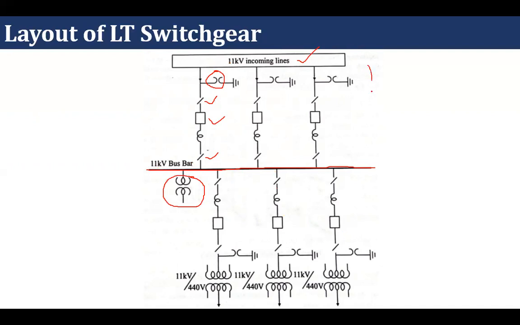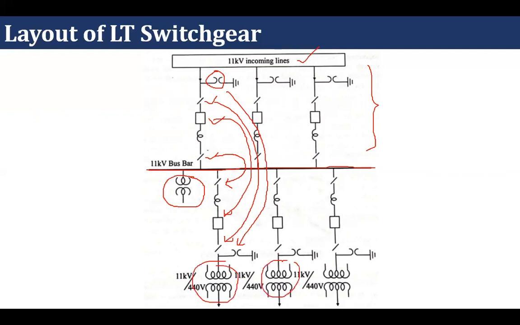So whatever you have made over here, just draw these elements in mirror image format. Like here you have drawn the isolator, so here also you have to draw the isolator. Then after circuit breaker, then after again isolator, and then after lightning arrestor. Okay, and then you have to connect these incoming supply to the power transformer. So this is a very basic layout of LT switchgear, which has been drawn in the form of single line diagram.